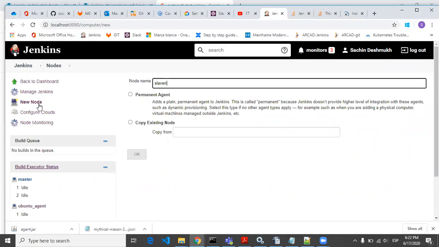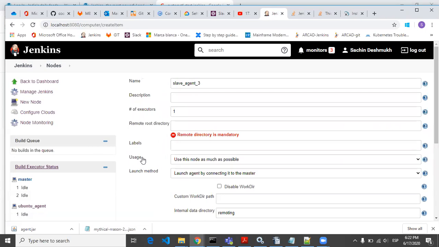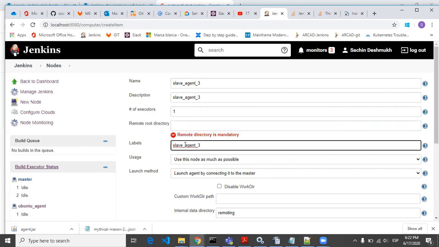slave_agent_3, permanent agent. I'm just copying slave agent 3 into the description and the label also.